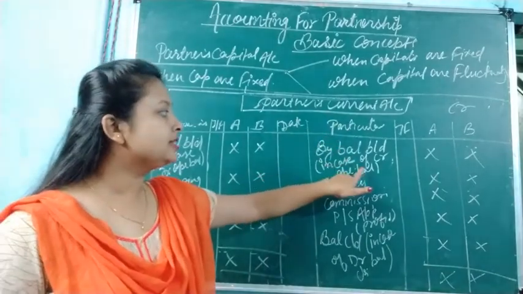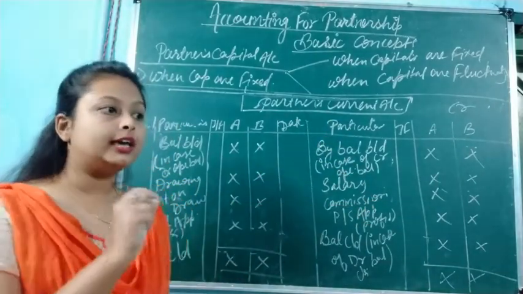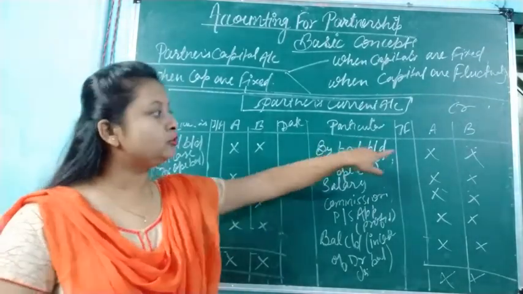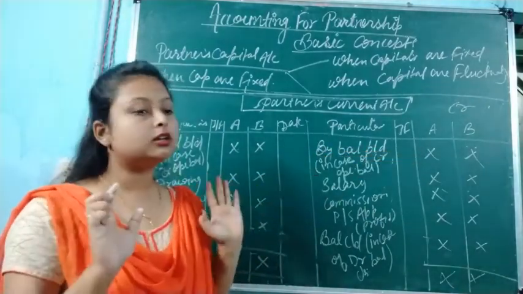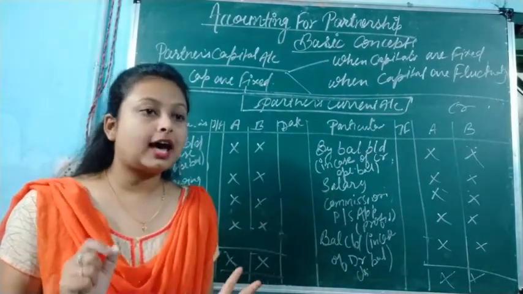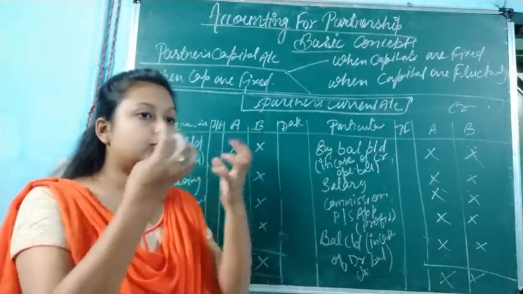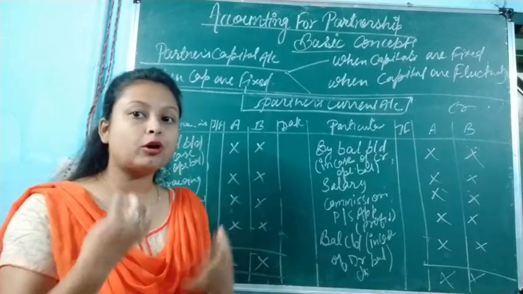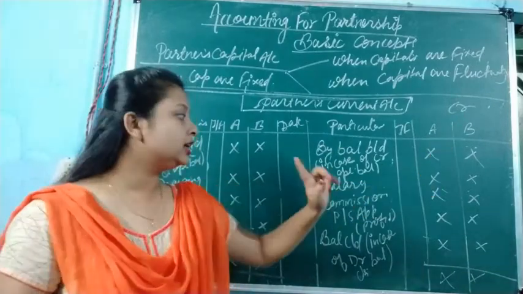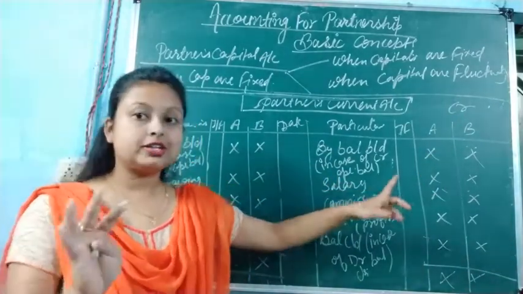Current account balance, if it is given in the question, like A's current account or B's current account balance, you are going to mention it here. If it is not given, we will begin with whatever profits there are for the partners, like salary, commission, and profit from the business. All those things we are going to write down on the credit side. So salary, write it down if it is given.